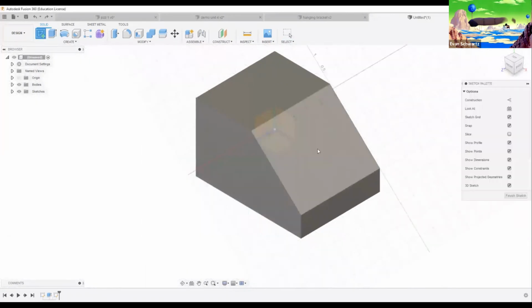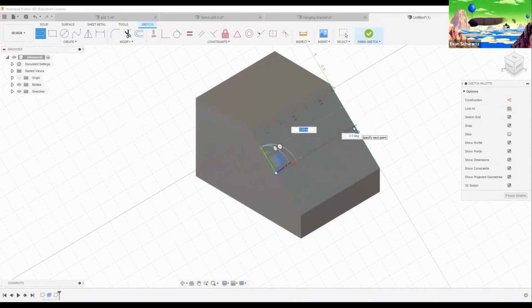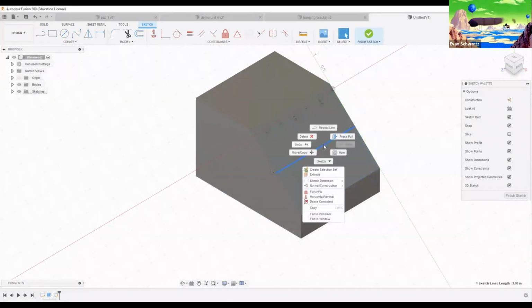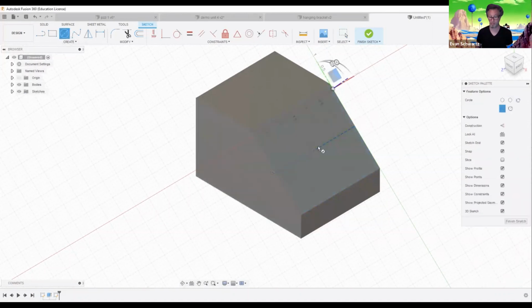First off, I'm going to put a sketch plane on it. One of the nice things now is that you can see the triangle pop up to find the midpoint when you're trying to create a midpoint line or location. So I'm going to take that line, right mouse click, and make it a construction line, so that it doesn't get used. Then I'm going to create a circle, again at the midpoint,